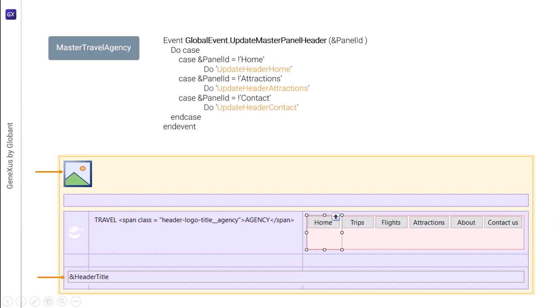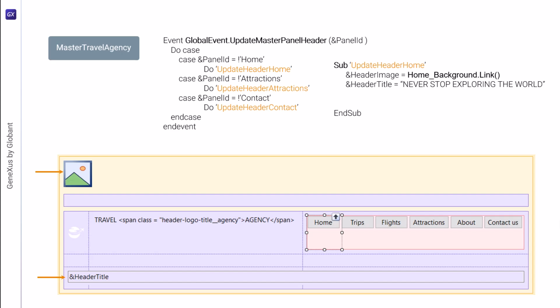What we're writing here are invocations to subroutines, which are portions of code local to the object, which can be isolated to reuse them or to make the code semantics more understandable. Within each of these subroutines, for example, let's look at the home one. The image variable and the title variable will be updated, and the menu will be left with the correct option selected. How do we do the latter? If we name the button controls in this way,